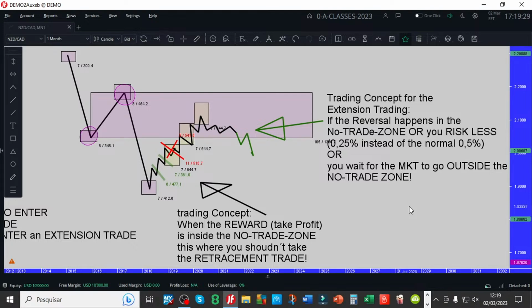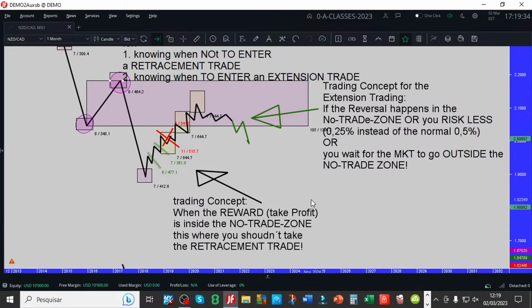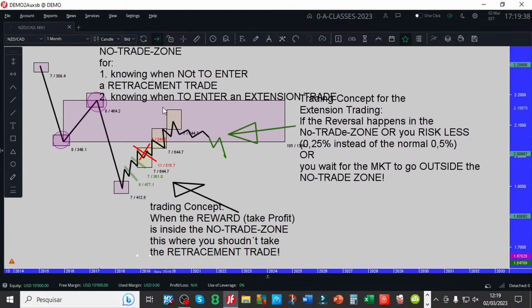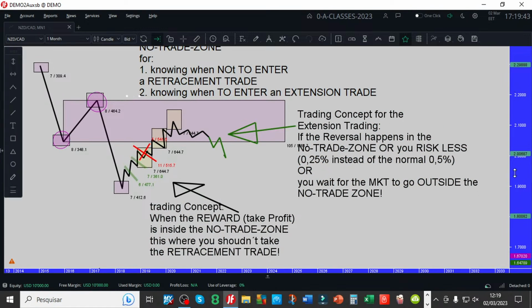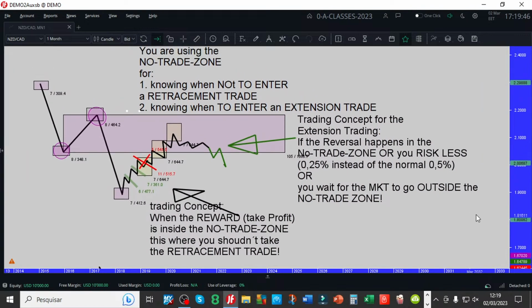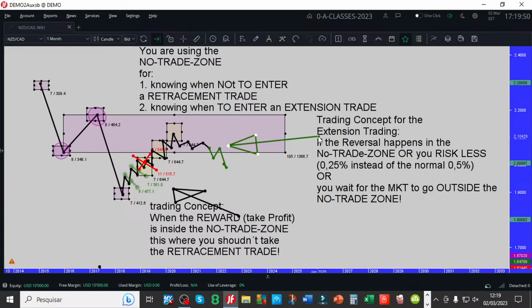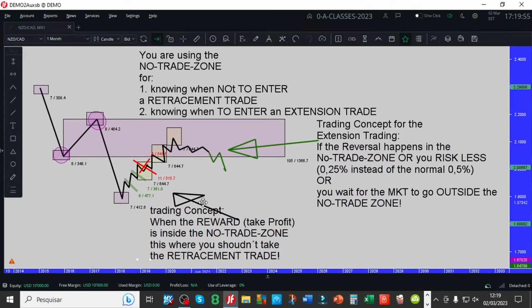Let me see if we can do it. Can we manage to put everything on the chart? Maybe. Give it a second, everybody. Alright. Now, take a screenshot, type in the chat, done.